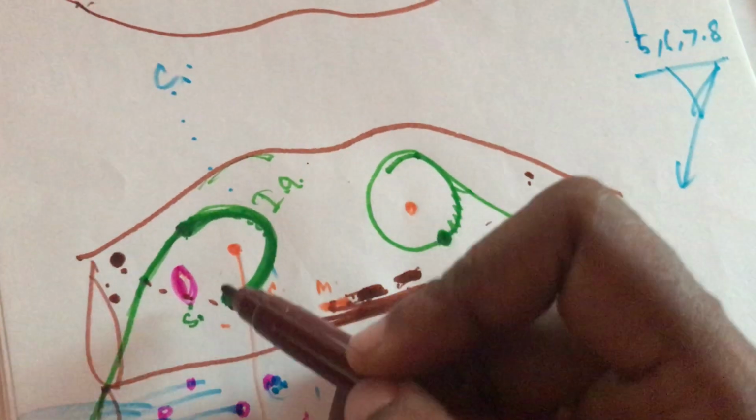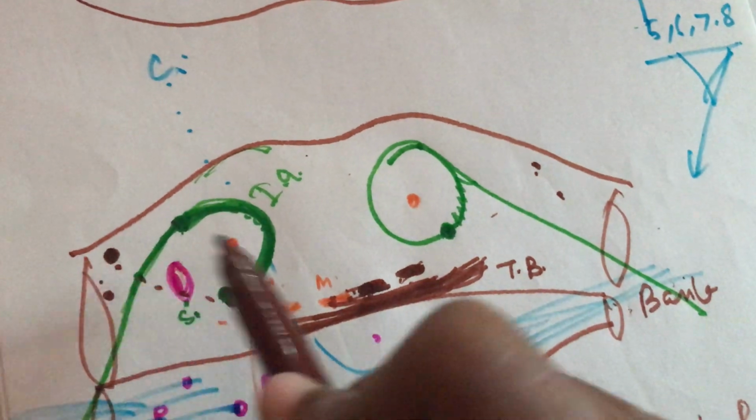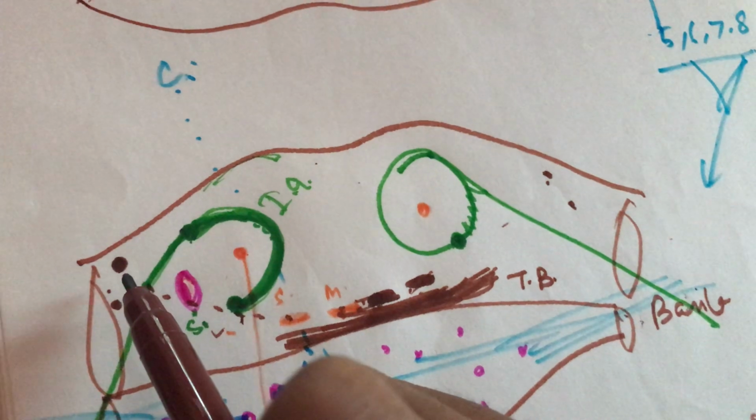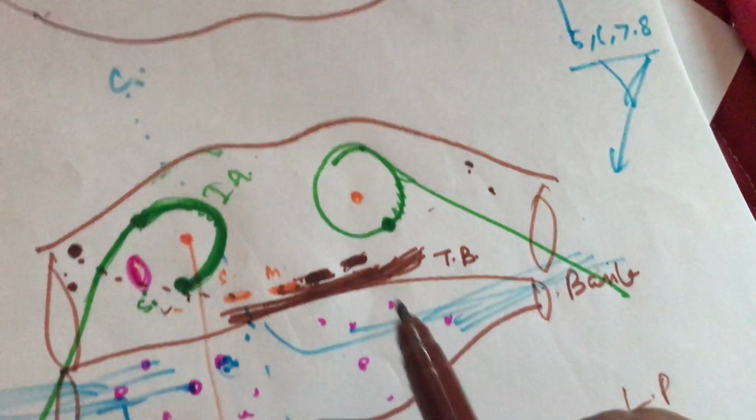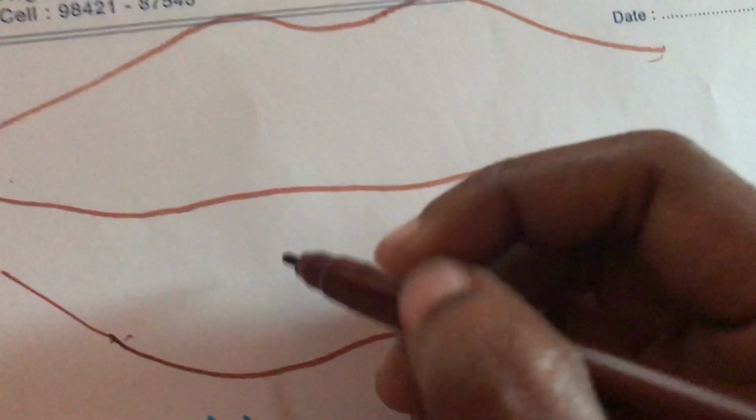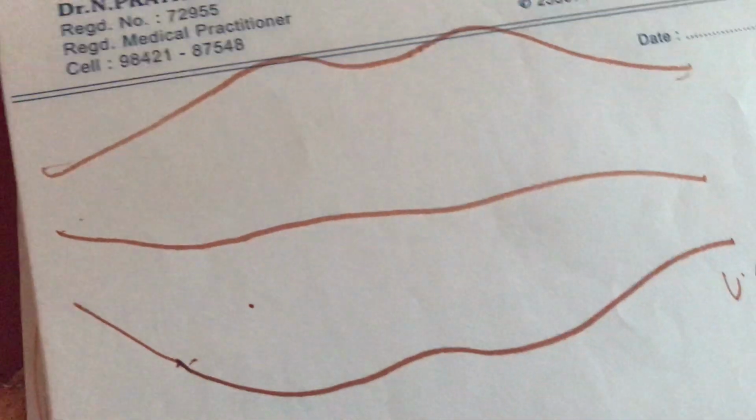So we have drawn the sixth nerve, seventh nerve nucleus, eighth nerve nucleus. We have drawn the decussation also, everything over. I will carry this to the upper part of the pons. The basilar part of the pons is the same on both sides. Here I am supposed to draw the pontine nucleus